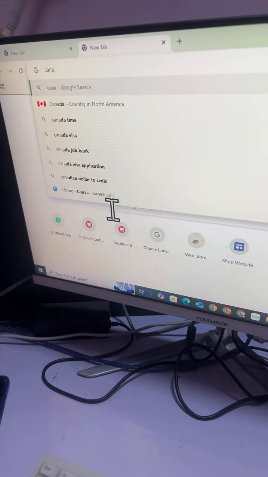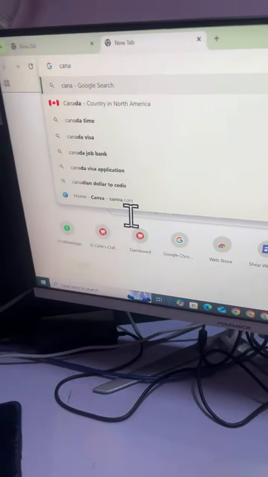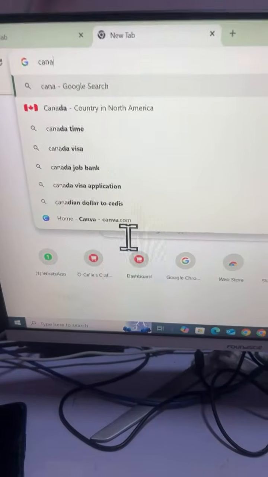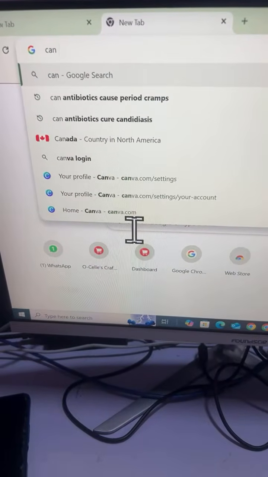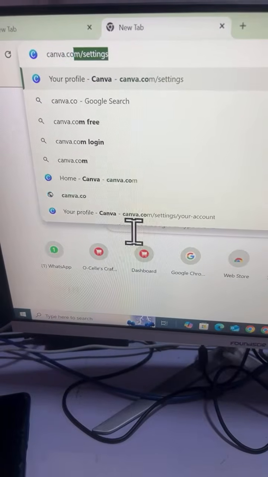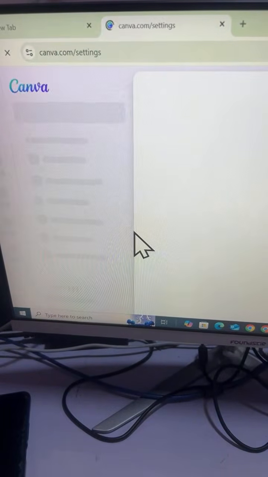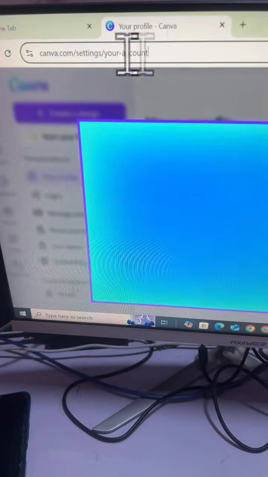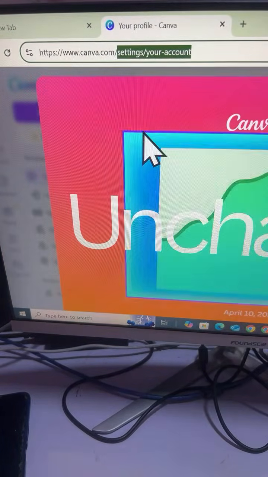Hey, where did I type? Let me move it here so that you see well. Okay, so you can type in Canva.com, and then you're going to settings, please. I'm coming there. Okay,